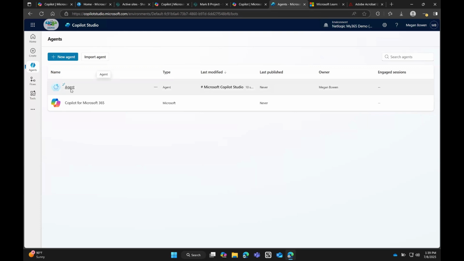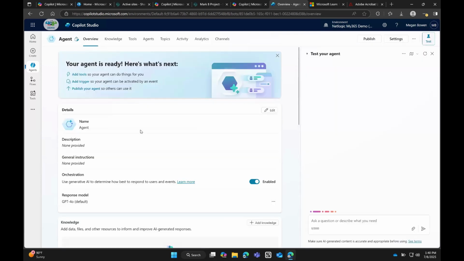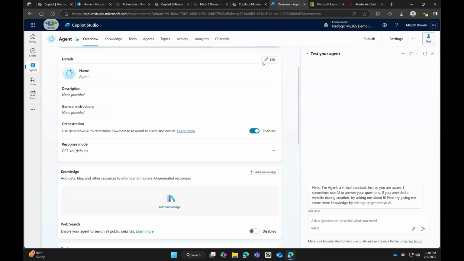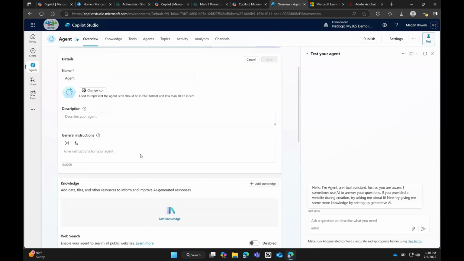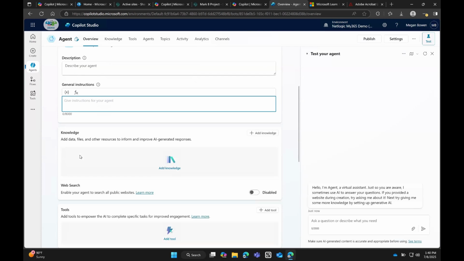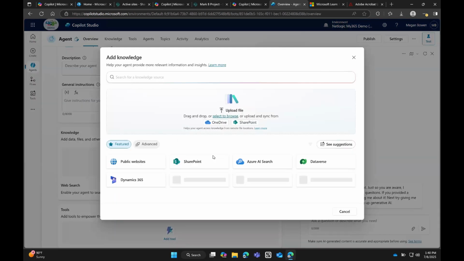Because when we click on the agent that I've created here, what we're going to be able to do is still add in similar things like our description, the name, logo. It's also going to give general instructions. So if I edit it, general instructions here, you can even add in code, which I don't expect you all to do, but we've used it before in the past. You can insert different expressions. You can add in additional knowledge sources.